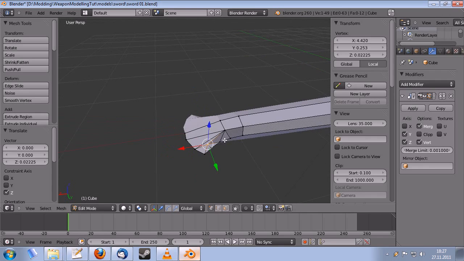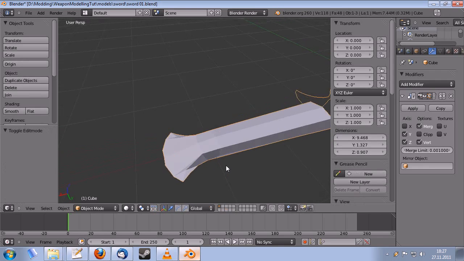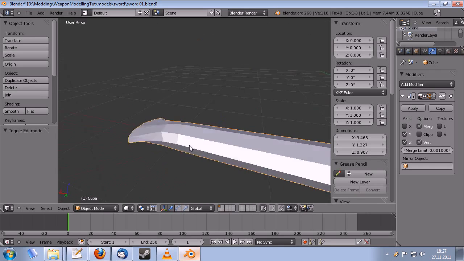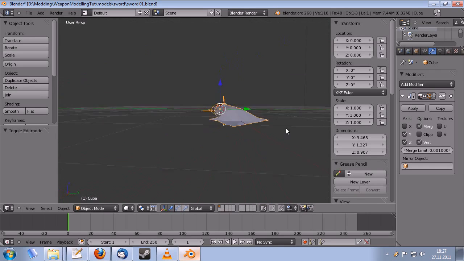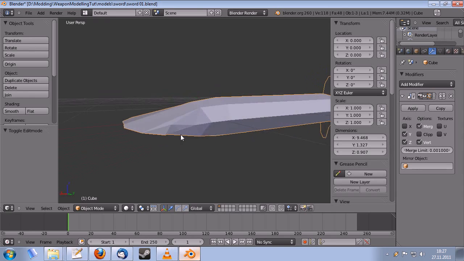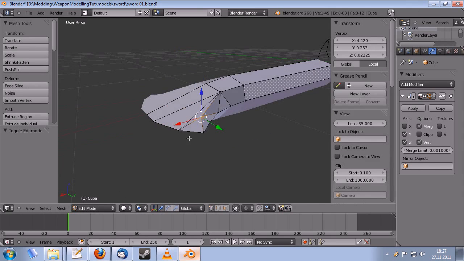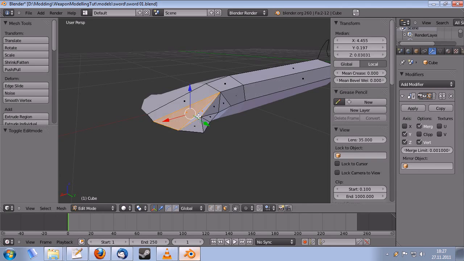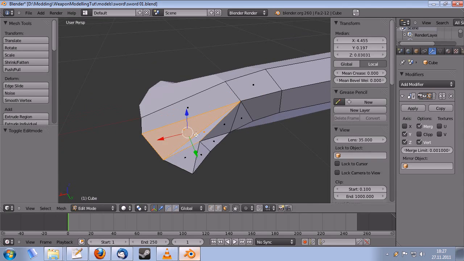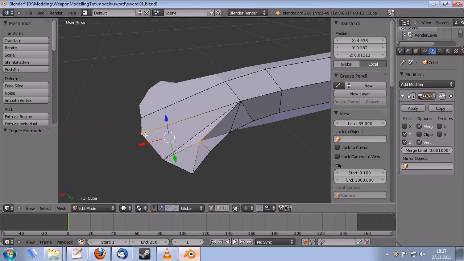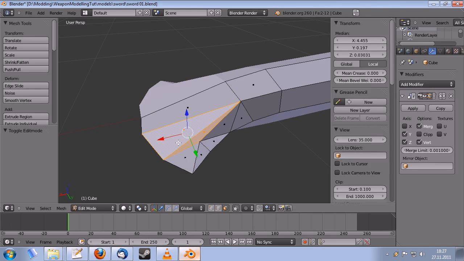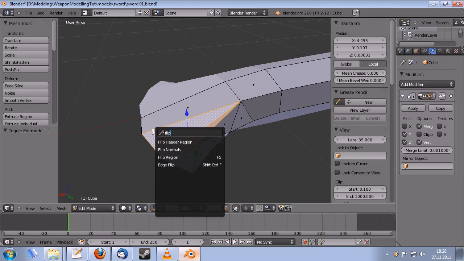Now I press Tab to exit the edit mode and get a better view of what I just modeled. Oh, this does look okay. Except for this little piece here, I want these two faces to be connected differently. I don't want this edge here, but I want an edge between these two vertices. Now I could delete the faces and create them again, or I can simply flip them, which is called